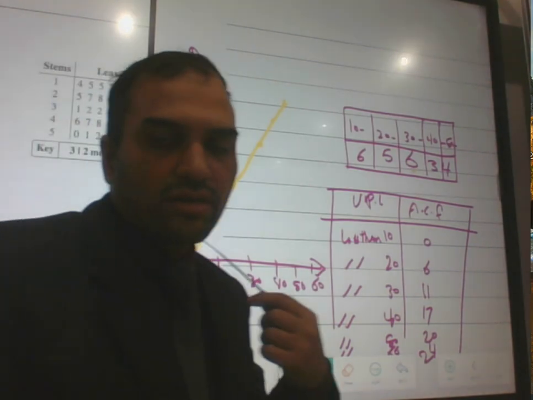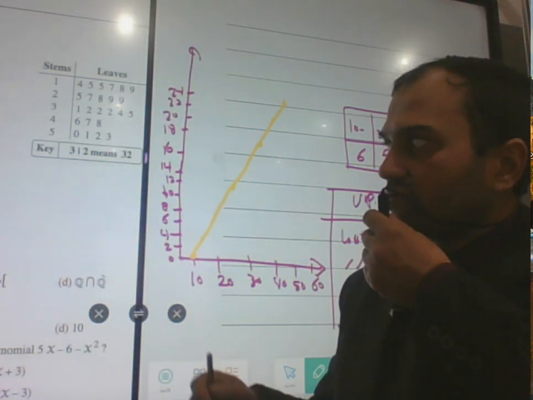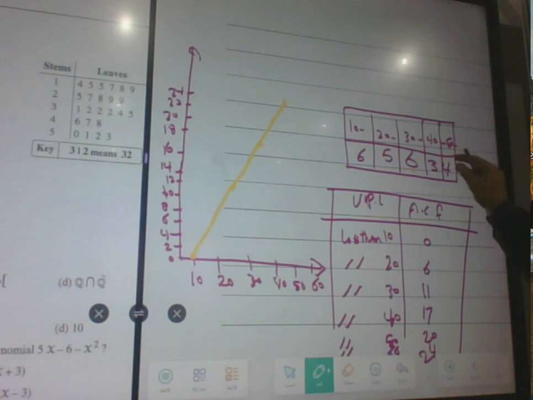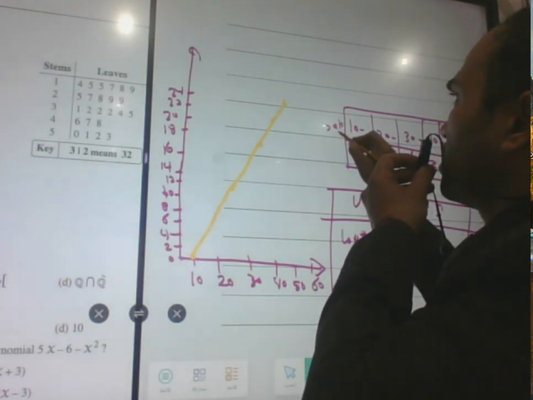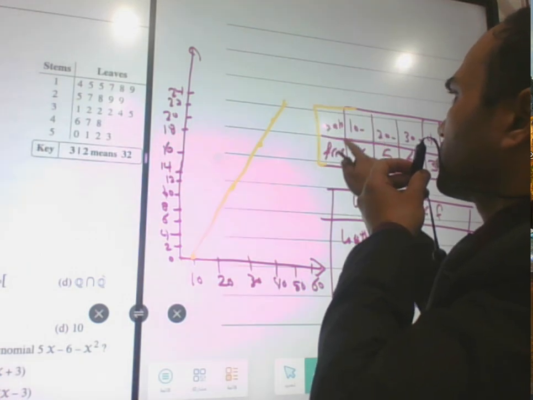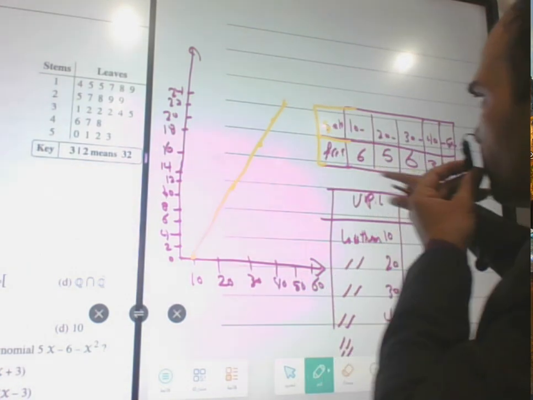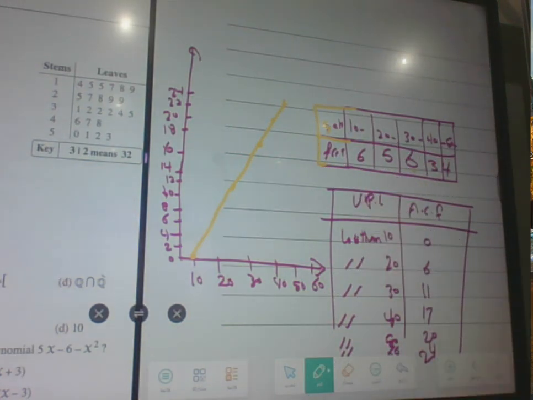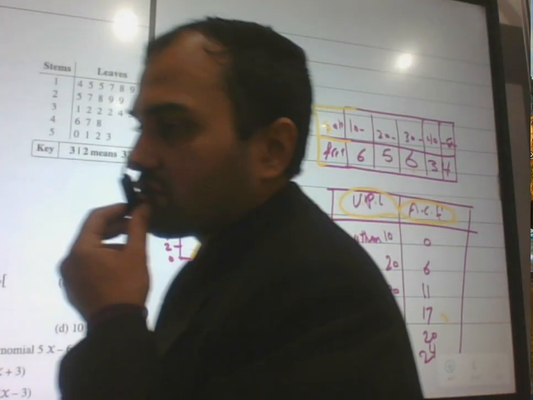Understood? So with this information from the stem and leaf plot, we can first draw the table about classes and frequency like this, and here the upper limit of cumulative, and here the ascending cumulative frequency. Okay, upper limit of ascending, and here less than 10, 0, less than 20, less than 30, going to less than 60, and then draw graphically the cumulative frequency. Okay,